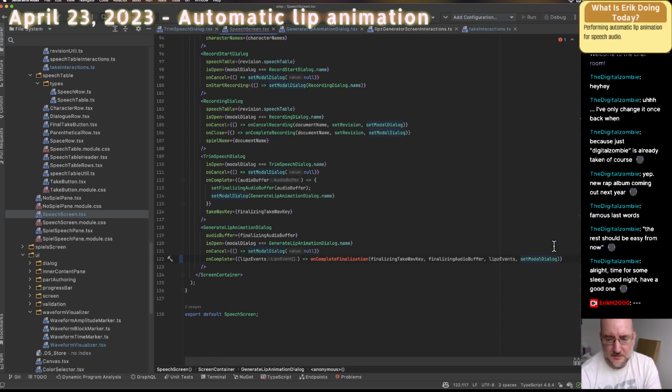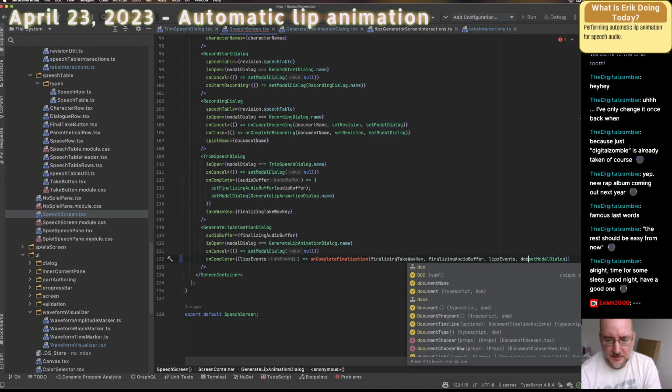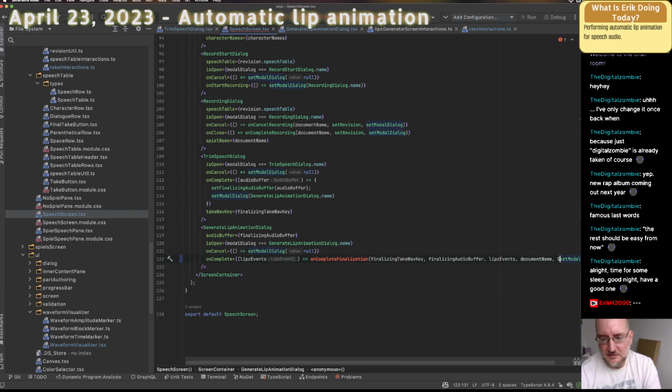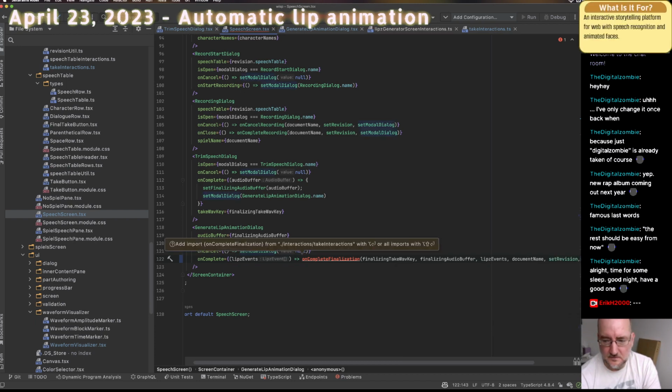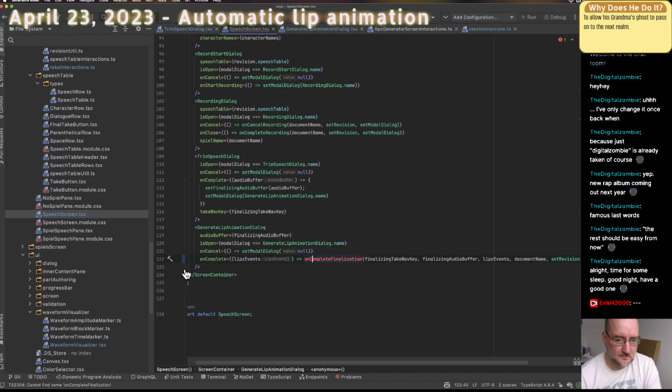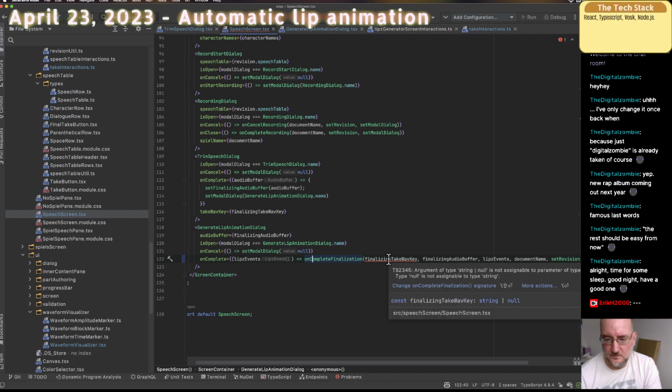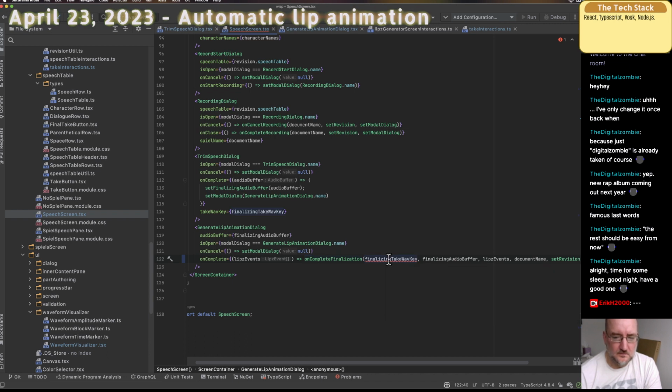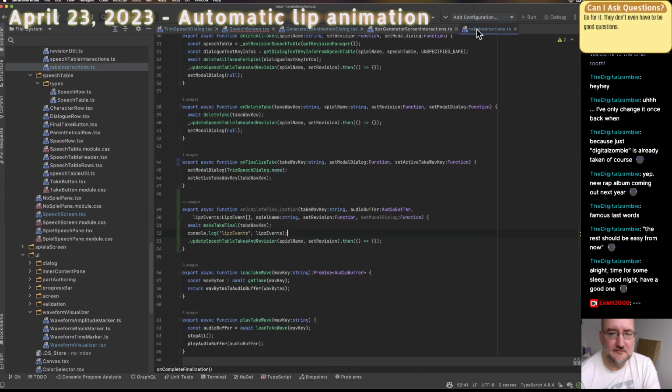Okay, so then document name and set revision. Okay, go ahead and import that. Yeah. If we get to that point, it really will have that, but